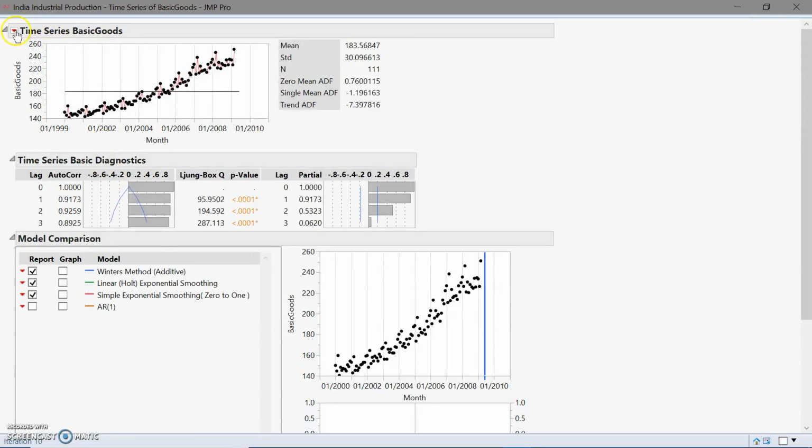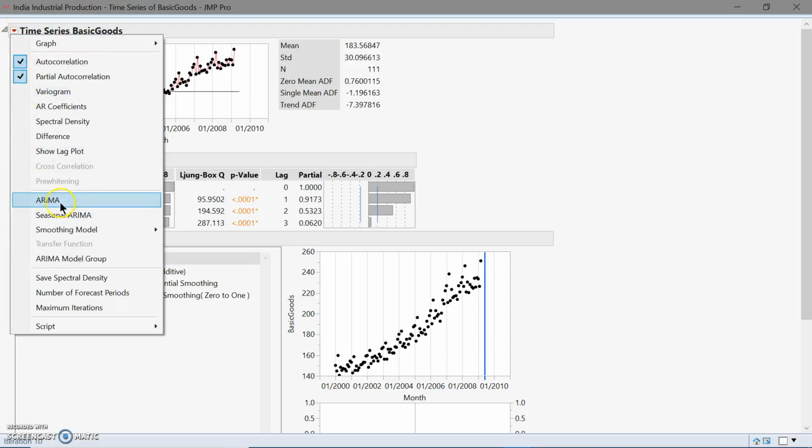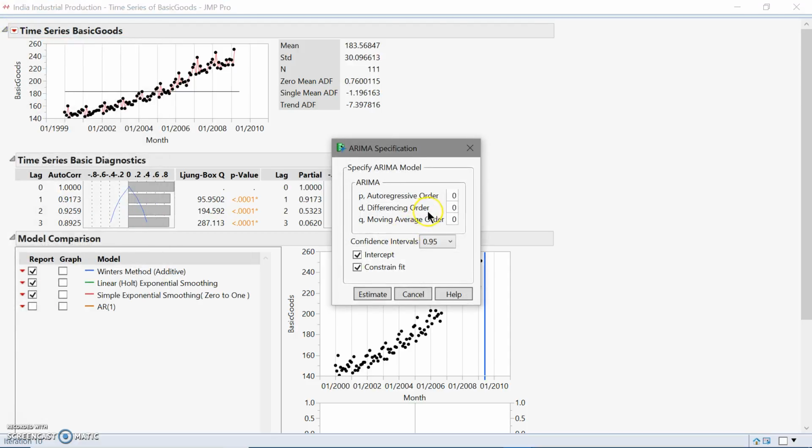Okay, so if we go in here, as you can see, we have our ARIMA right here. Let's say we want to create our ARIMA model. We need a P, a D, and a Q. Our P is our autoregressive order, our D is our differencing order, and our Q is our moving average order. So if we wanted to create a PDQ of 1, 0, 0, our P will be 1, our differencing order will be 0, and our moving average order will be 0. When we estimate that,